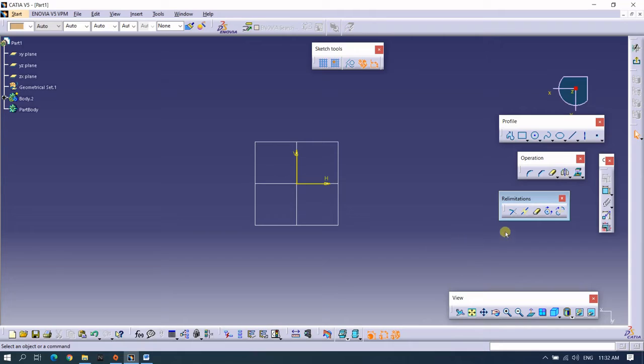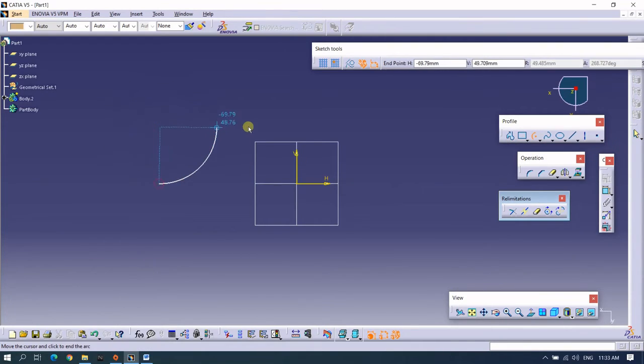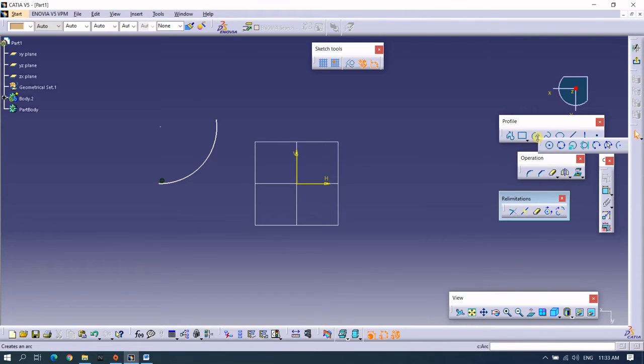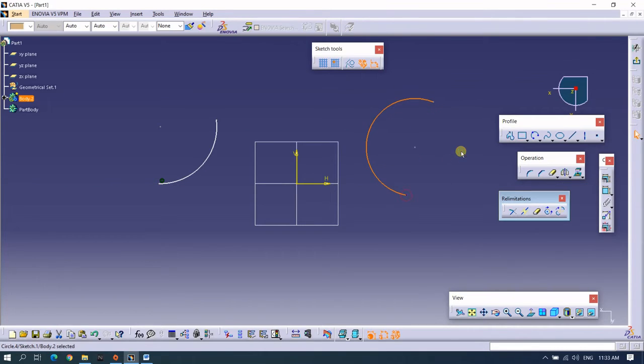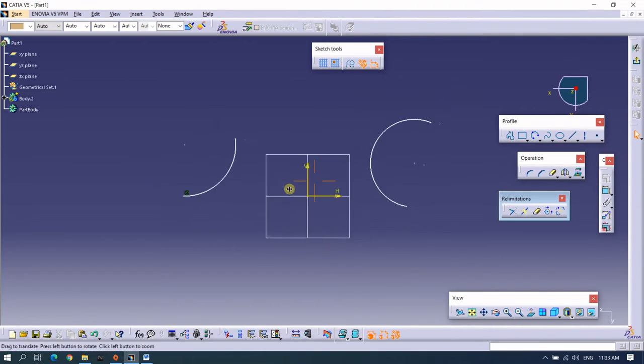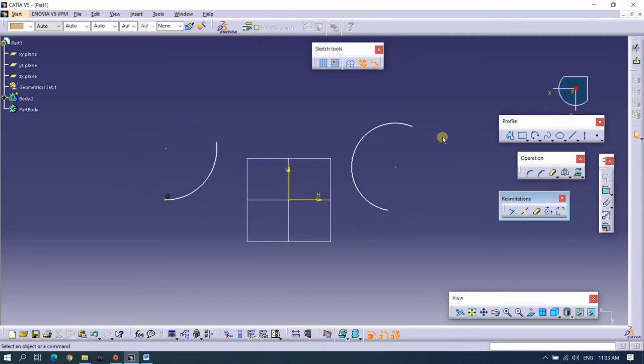So now we will move further to our last two tools which are remaining, that is close arc and second is the complement. These are quite opposite tools to each other. So I will take some arcs here. Yes, this is one. Now I have two arcs here. This is the first one and this is the second one. On the first arc we will apply the close arc operation, and on the second we will apply the complement.